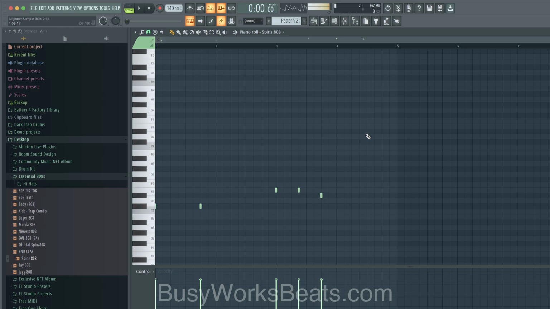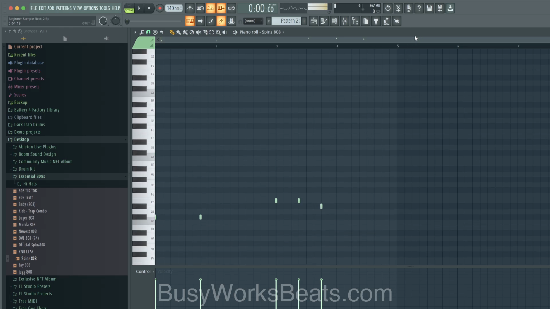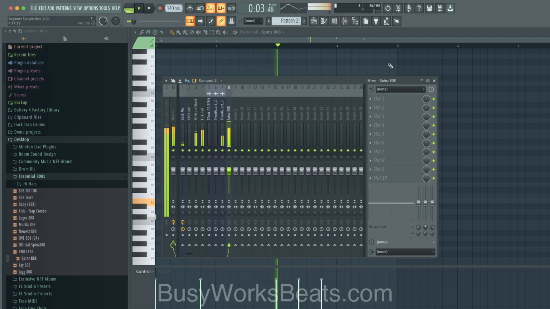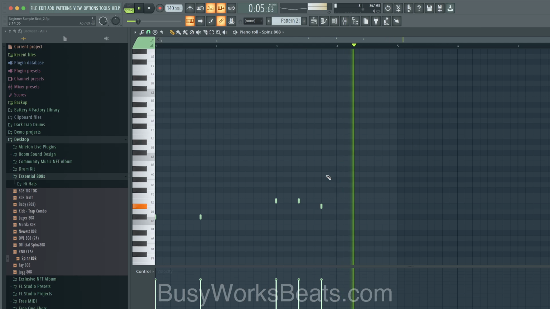So this kind of song is more musical, so the 808 moves around a lot. Some hip hop songs, you don't need the 808 to have different notes every single time. I hit Control down twice to pull it back down. I'm hitting space bar. Okay, let's go back to the playlist.